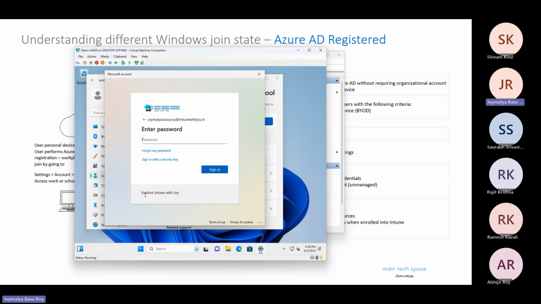But मैंने वहां पे साइन इन नहीं किया क्योंकि रमेश का क्वेश्चन था कि प्रोसेस सेम है Azure AD join और Azure AD register from settings का। तो वो दिखाने के लिए मैंने लोकल अकाउंट सेटअप करके फिर मैं इधर अंदर से Azure AD जॉइन कर रहा हूँ।